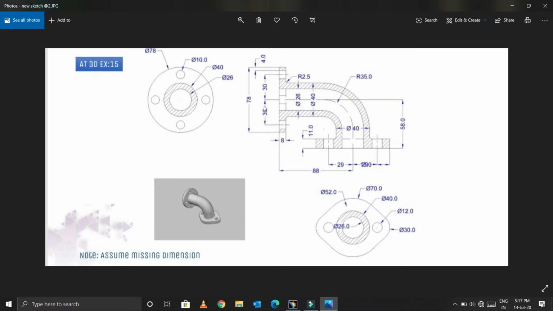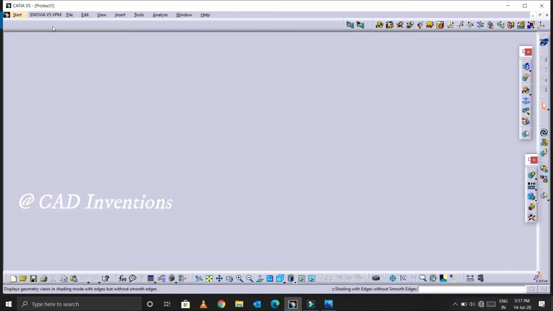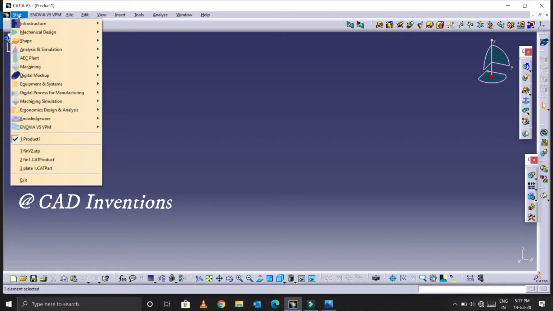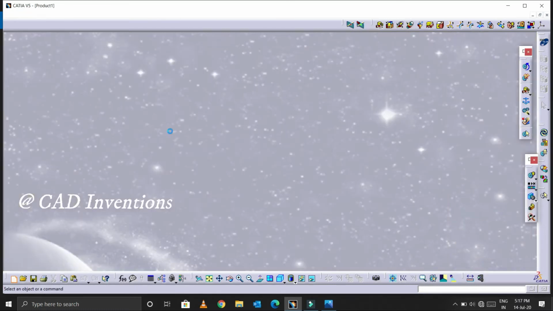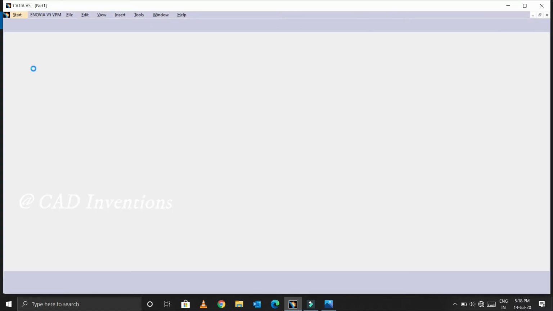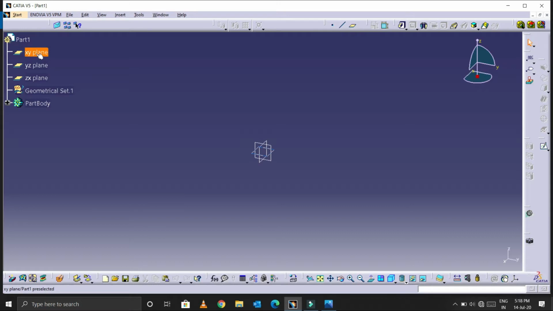So this is the circular part. And the other end of the pipe is this, the other end. For that, the length, dimensions and diameters of this one we can see here. So let's start the design. Before that, let me open File, go to New, and you can search for a Part. And here you can select any one of the planes and go to the sketch.